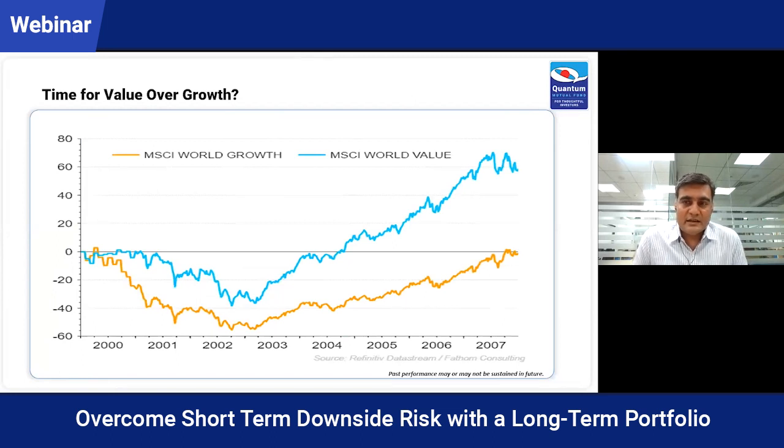Now it seems that the environment is turning in favor of value managers. It's very similar to what happened between 2000 and 2007-08, where growth was better and liquidity was less. We're entering a very similar environment, and it appears that the cost of capital is normalizing and increasing. As it increases, high PE would suffer a lot more than low PE. Plus, broad-based growth means the basket of companies which are doing well and have growth catalysts is much larger than the very few companies which was happening between 2016 to 2019.